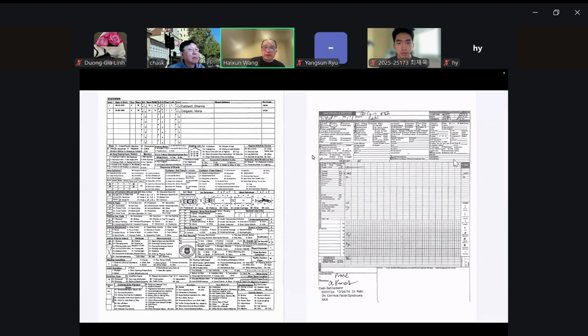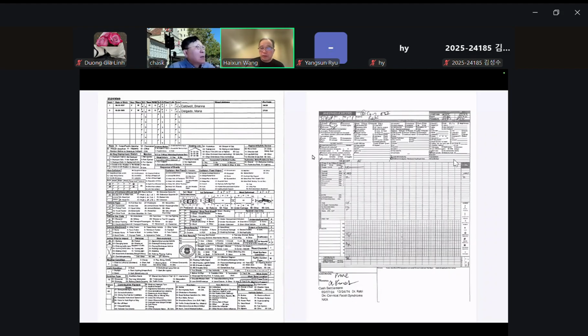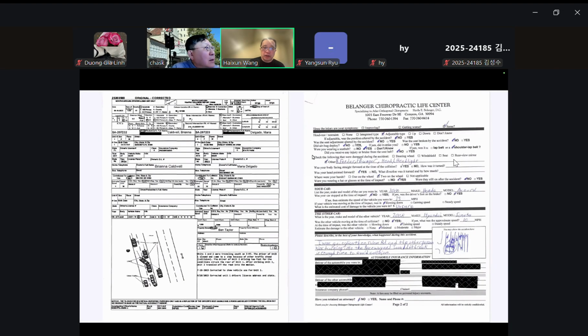But things can get really, really complicated, and this is the PDF document that we have, which is actually part of a police report. On the left hand side, in the middle, it talks about the car, which part of the car was damaged or something like that. And on the right-hand side, there are a lot of handwritten notes and check marks and all these kinds of things. So understanding that is not easy.